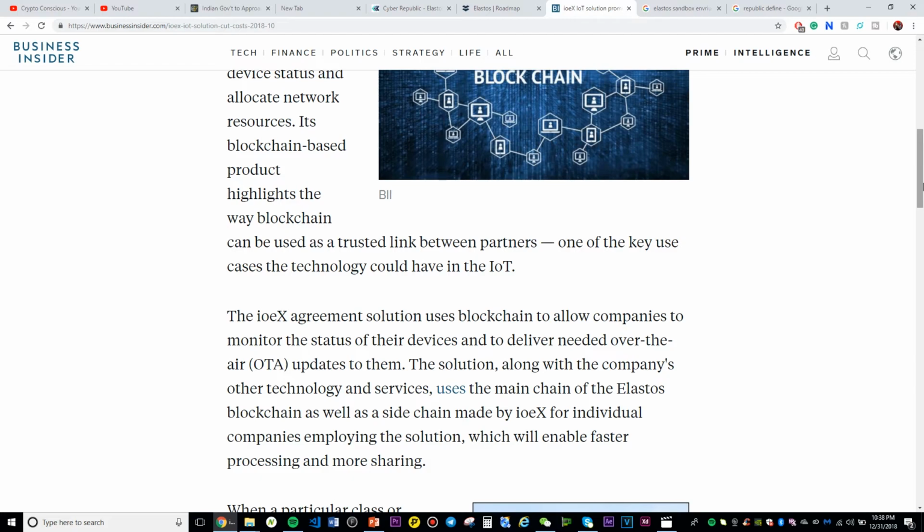Now, my only thing with this is this. IOEX utilizes a decentralized entity to operate, correct? Elastos. Currently, it can be assumed that IoT companies utilize centralized systems to update the devices. Centralized entities are typically naturally faster than decentralized entities.